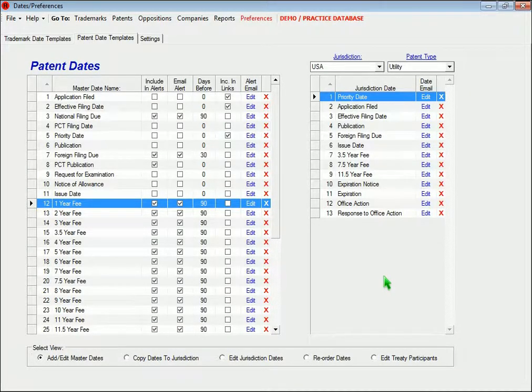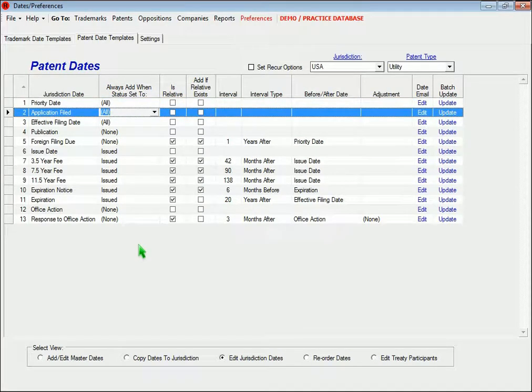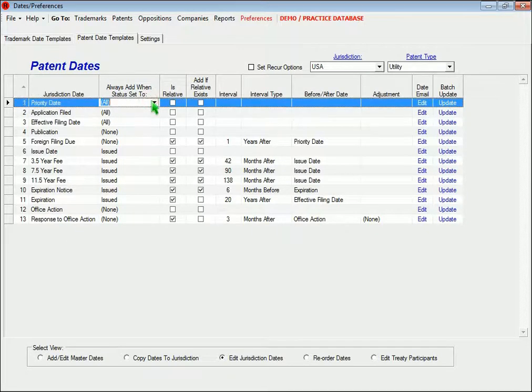Once you've added dates to a jurisdiction and patent type, you can customize the date schedule by clicking this View option. When you do that, you'll see a much wider view of the jurisdiction dates. You probably don't want every date in the date list showing up automatically for every new patent. So by selecting some options here, you can determine when a date should appear depending on the status of the